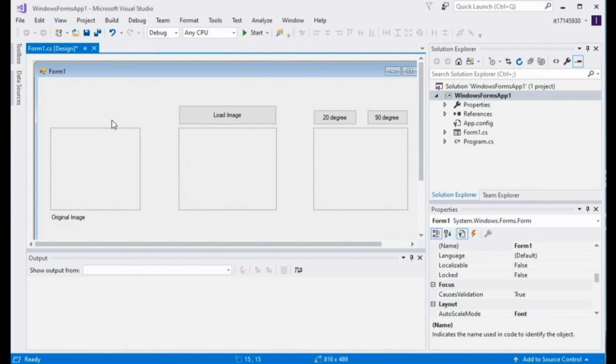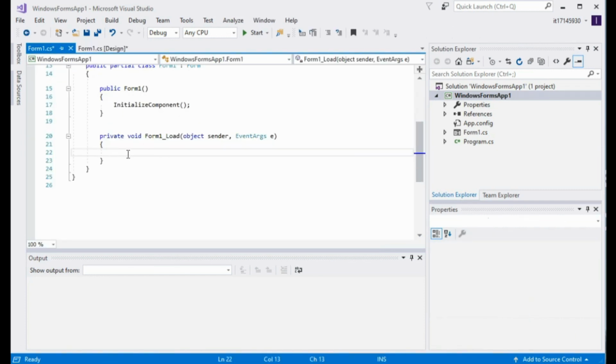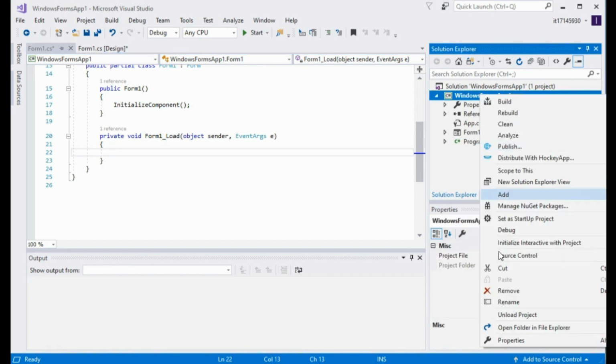Then for the load event, you have to double click the form. Then you can go to the form load event. Then you have to write the code here for the form load event. Before typing the form load code, just make sure our resources are in the debug folder. Then go to the debug folder from the Solution Explorer, click on the project name and open the folder